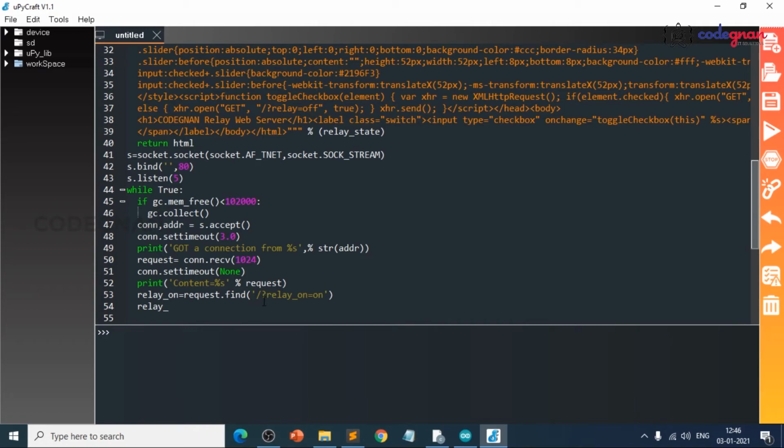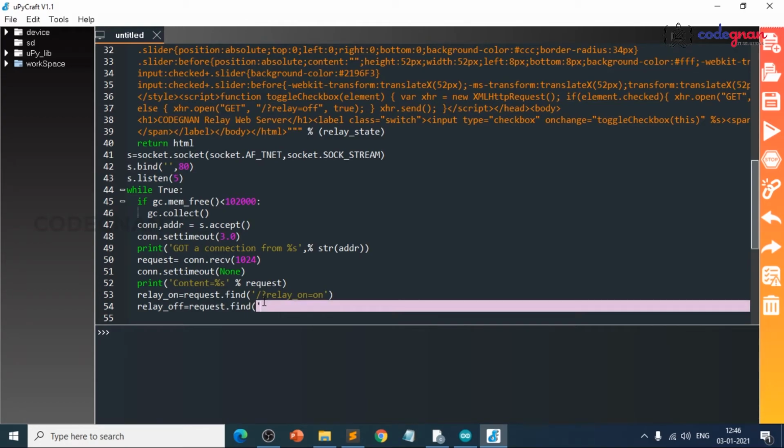So we will create alias names here, equals to request dot find of, relay underscore off equals to of